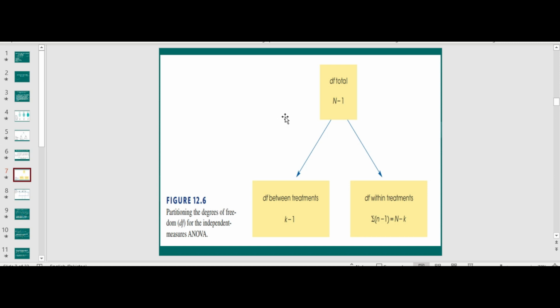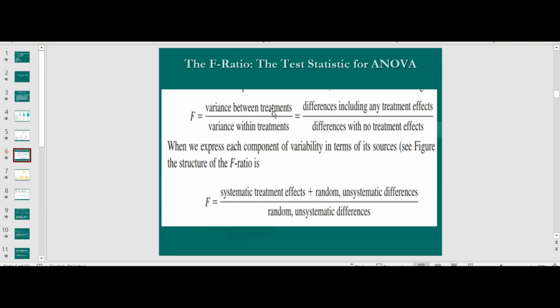We also use this DF for the calculation of variances. We first calculate the sum of square of deviations, then we use the SS and divide it by the DF,